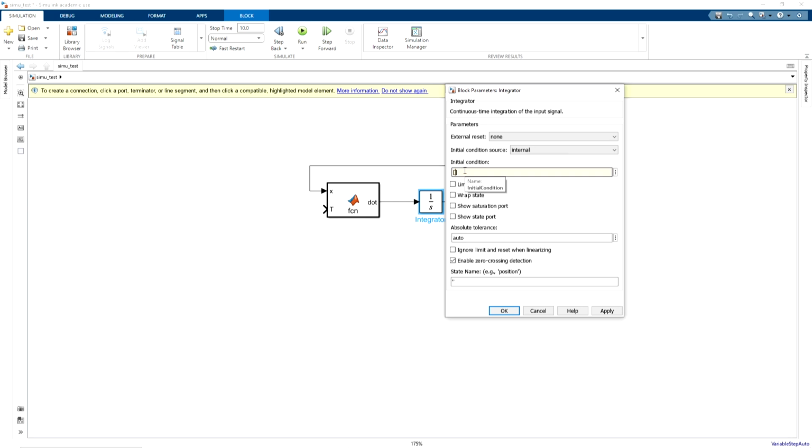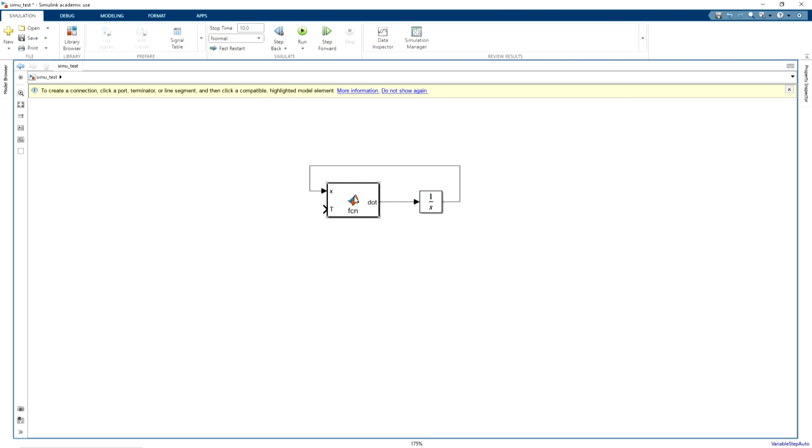I'm assuming it starts from 0 degrees, so I'll write 0 here. Remember, MATLAB always considers the values in radians. So if I have written in degrees, convert into radians by multiplying by pi by 180, and the velocity is 0. Transpose it; we have to write it column wise. So these are the initial values.